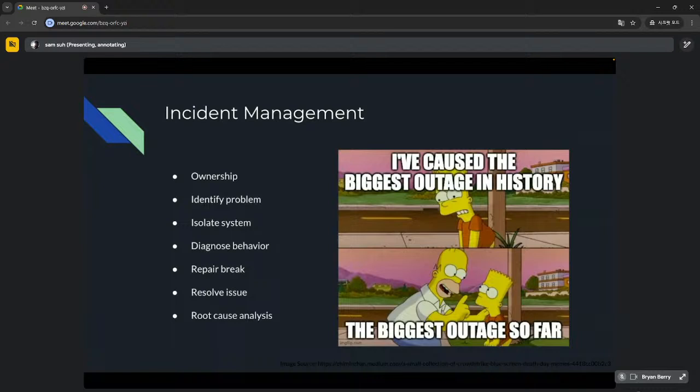And so incident management ownership is who is responsible for this problem? If something exploded, who's in charge and who's going to get fired if you don't fix it? So that's ownership. And then identifying the problem can be simple, or it can be extremely complicated, especially the more complicated your systems are, because you would then need to track down what's broken, when it broke, why it broke, and how to fix it. And that has to happen fast.